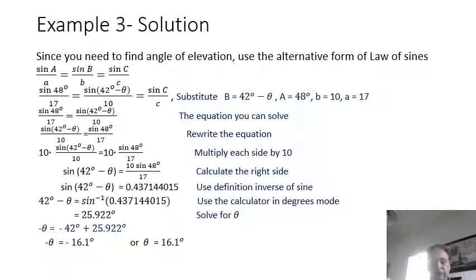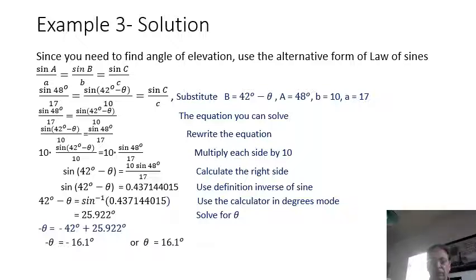Now multiply both sides by 10. You can see 10 cancels with 10, and you get sine of 42 degrees minus theta equals 10 times sine 48 degrees over 17. Now put 10 times sine 48 degrees over 17 on the scientific calculator